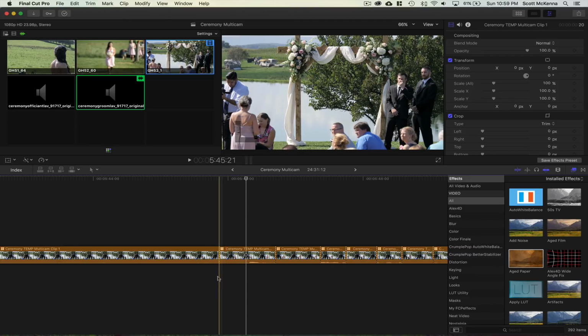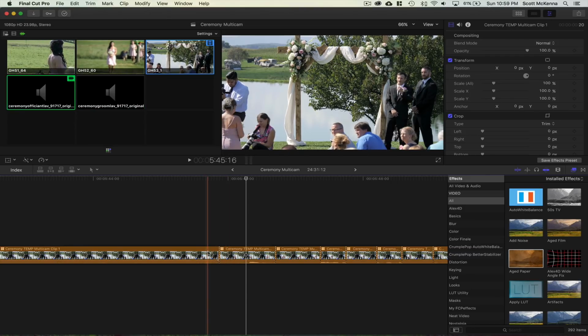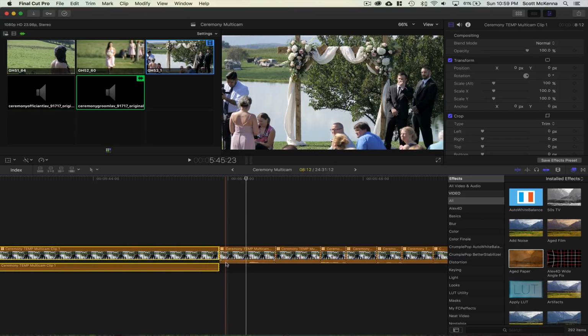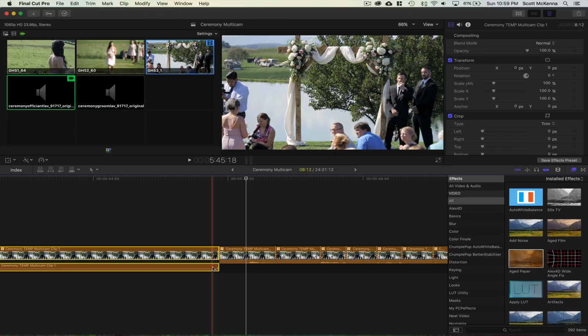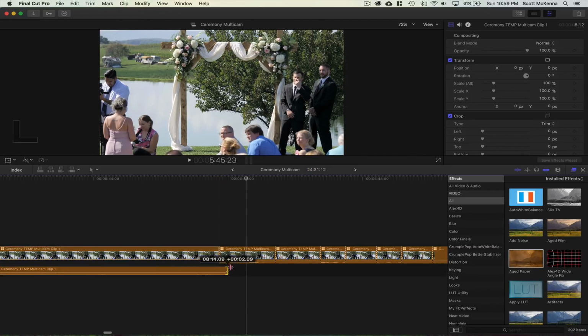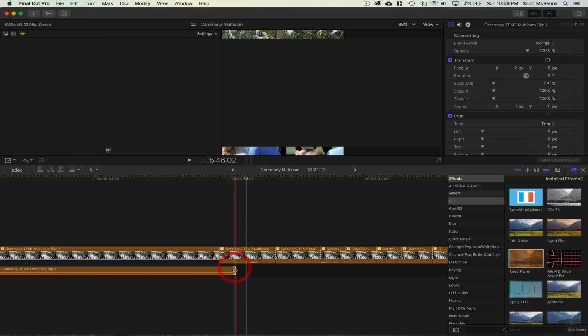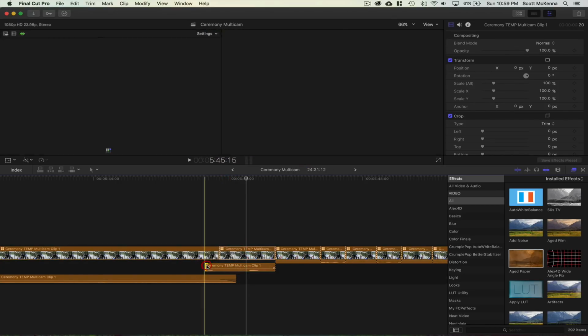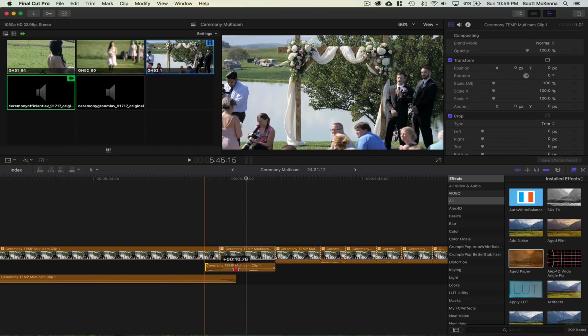Now what's also really nice about this multicam editing is, just like you do with any clip in Final Cut, if I were to be making a cut, for example, from here to the officiant to the groom, and I didn't want you to hear the big audio shift between them for whatever reason, if I just double click on a clip, just like you can in Final Cut, which maybe you didn't know about, it's a very convenient way to do it, it'll drop down the audio, and you can do a J and L cut with your audio and fade the two audio sources over top of one another like this, very conveniently between those.